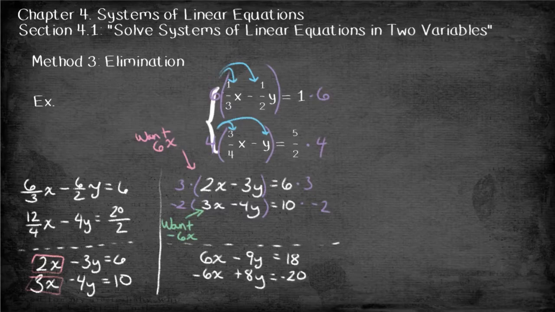And now we have what we want because the coefficients of x are opposite, so we can just add these two equations together, which would eliminate the x variable,